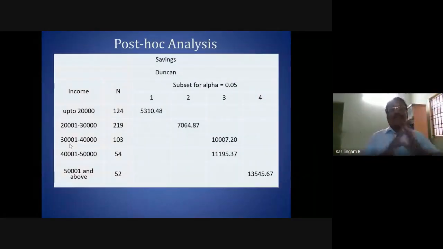Now, this is the post hoc. I am comfortable with Tukey's rather than Tukey, because this will tell us something more. There are 5 groups. All the 5 need not be different. Please understand, even if there is a difference between just 2 groups, it will say there is a difference.